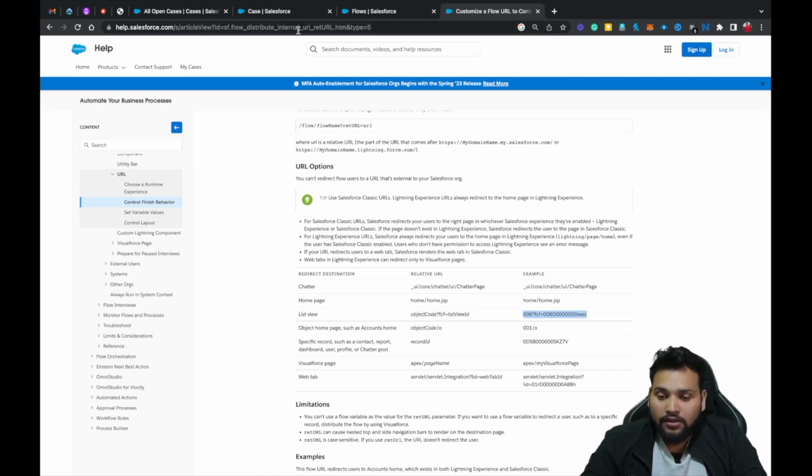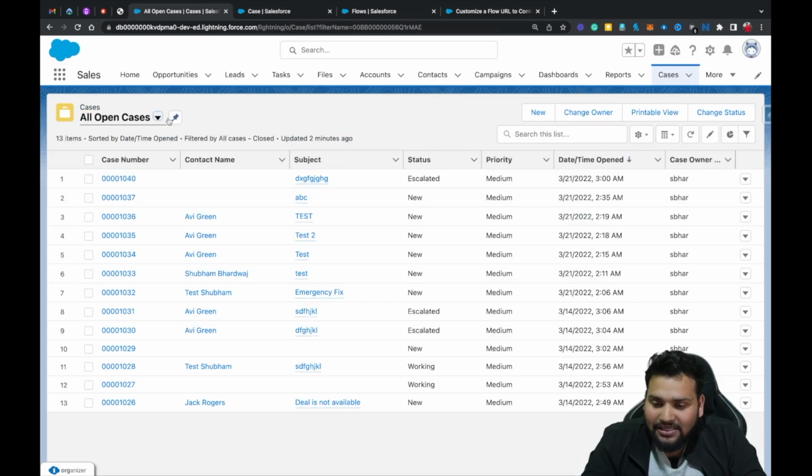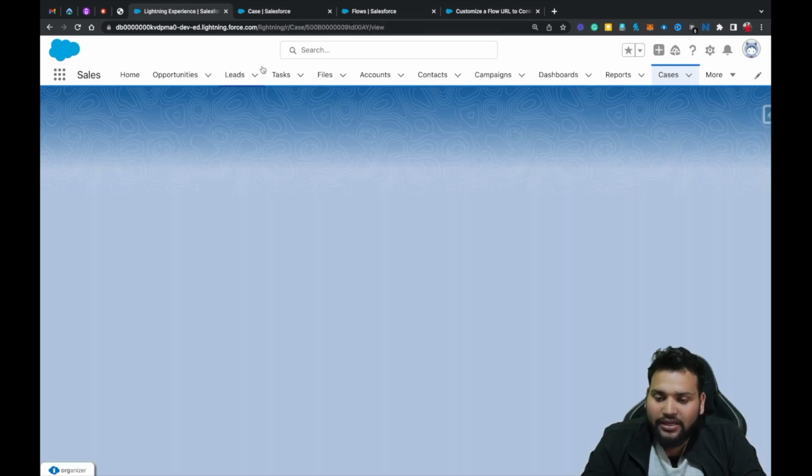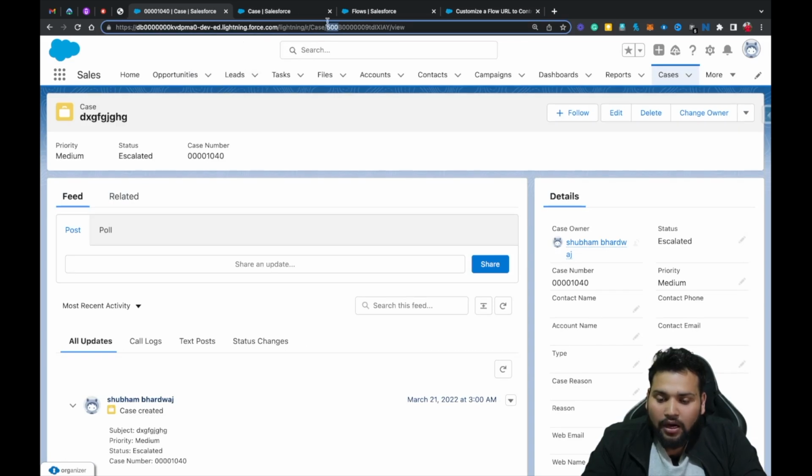So you need to simply use this format, and that is object code question mark flow finish behavior, FCF, equals to list view ID. So I will go to the case button and type here this, and instead of 001 I am going to type 500, because the thing is the ID of the case is, if I let's say click any case, right, so here you can see the initial 3 digits are the code basically.